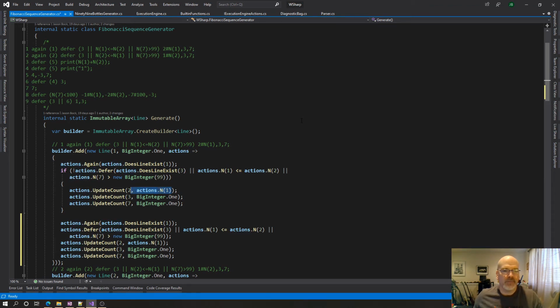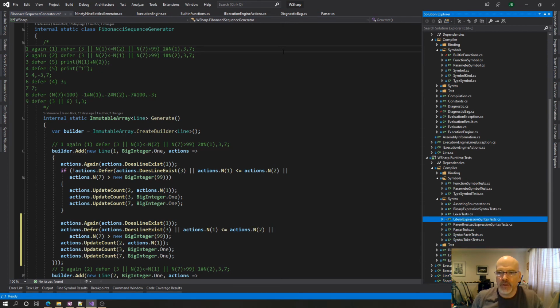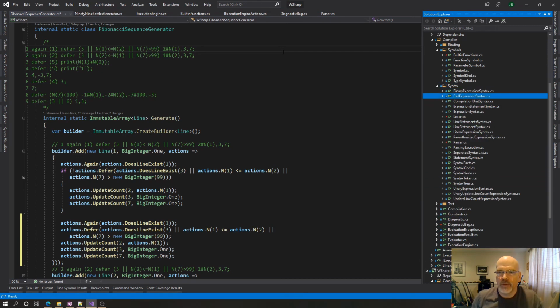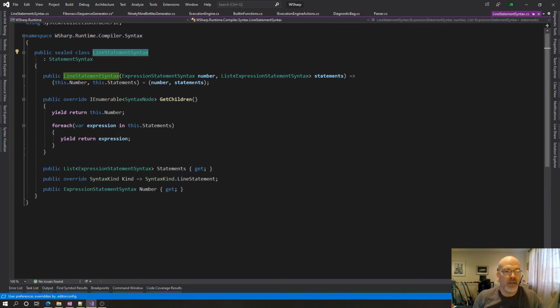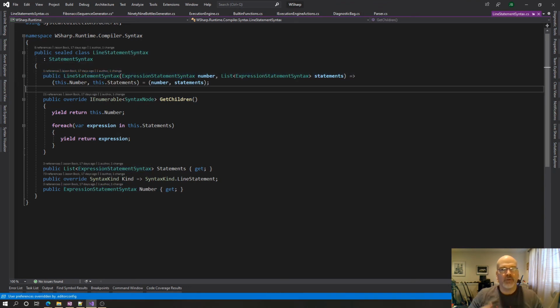Like N1 here, yeah. I'm babbling here, but what I'm trying to get at is, if I go back to, let's see, syntax. No, those are the tests. A line statement syntax just has a bunch of lines. Okay, and a line statement has the number and also a bunch of statements. So each statement would have to say